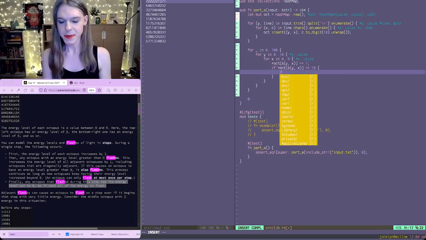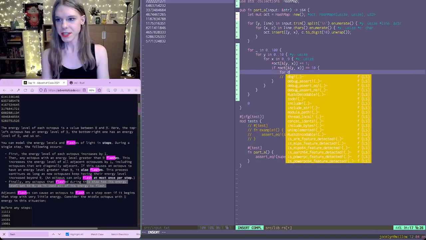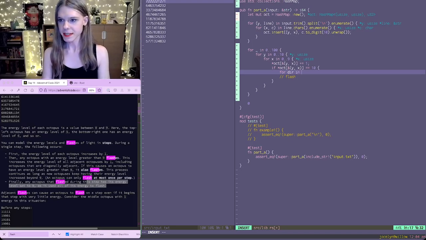And that's the case where it flashes. To flash, it goes in, we do all the directions around it. So for the directions in